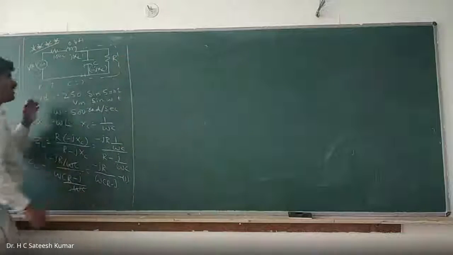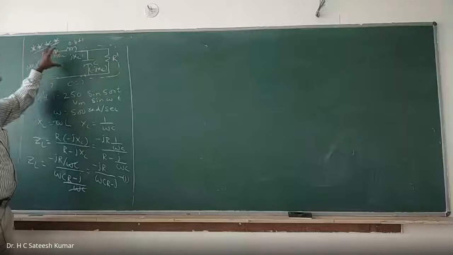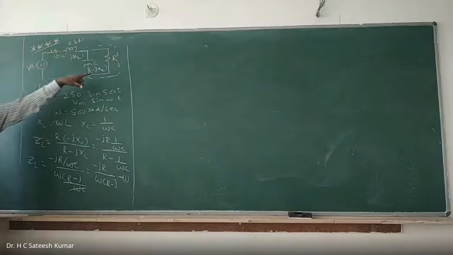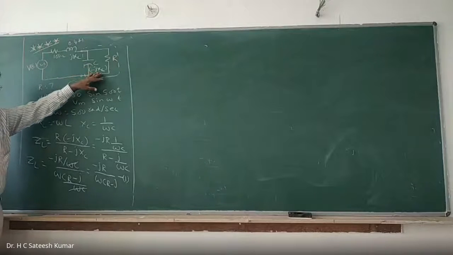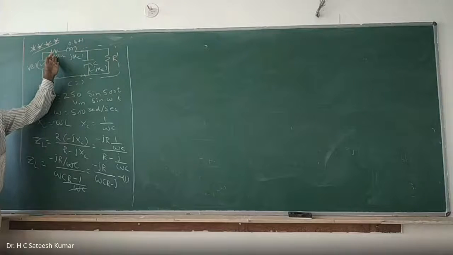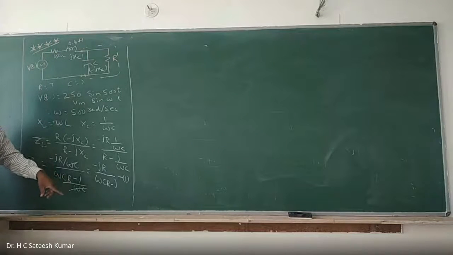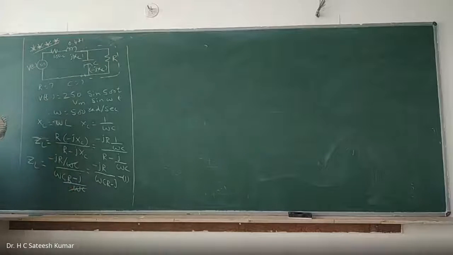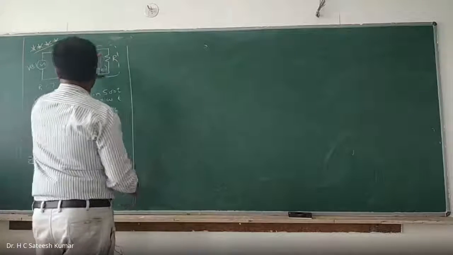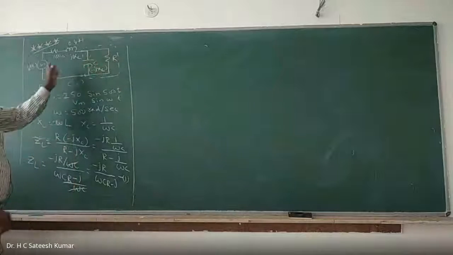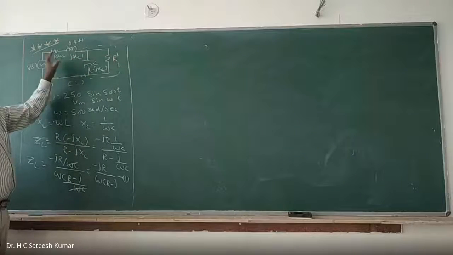We have calculated ZL from this side. Now you calculate the value ZS, and for maximum power transfer, ZL should be equal to the complex conjugate of ZS. So calculate ZS, find its complex conjugate, and equate it, and you will get the answer. That's what we should do. We'll have to find out R and C for maximum power transfer. Now how will you do that? We have calculated the ZL from the circuit, now you calculate it from the source side.